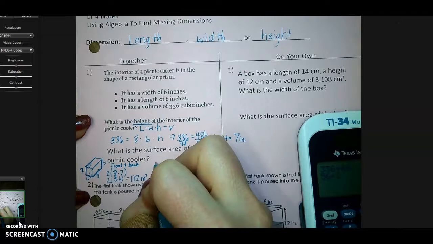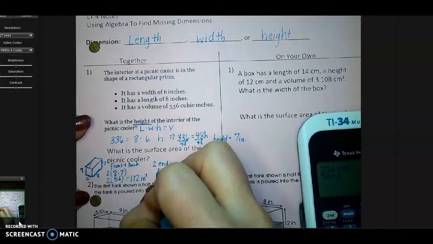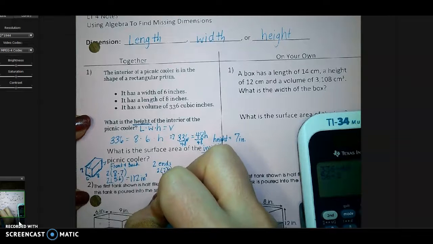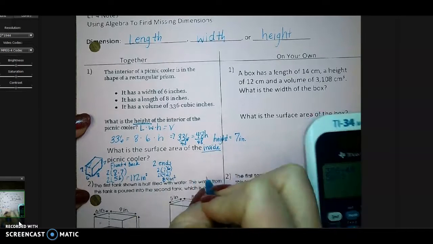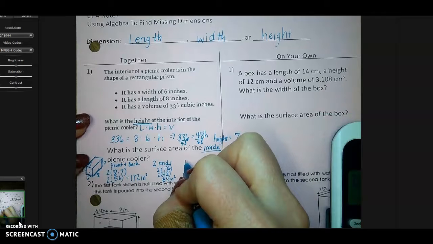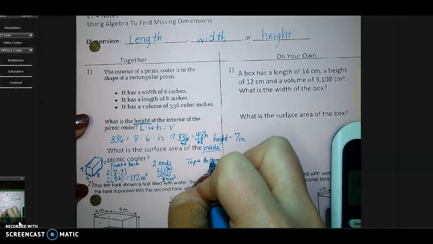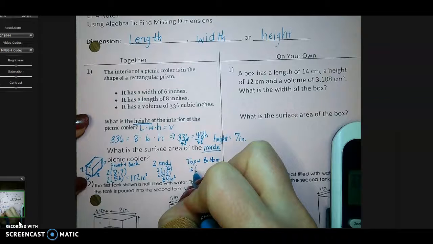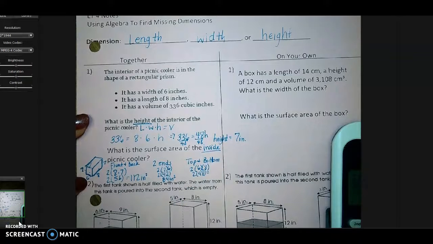Our two ends are going to be 7 by 6. And there are 2 of them. So 42 times 2, or 84 inches squared. And then our top and our bottom, we have 2 of those, and our top is going to be 6 by 8. So 48 times 2, which is